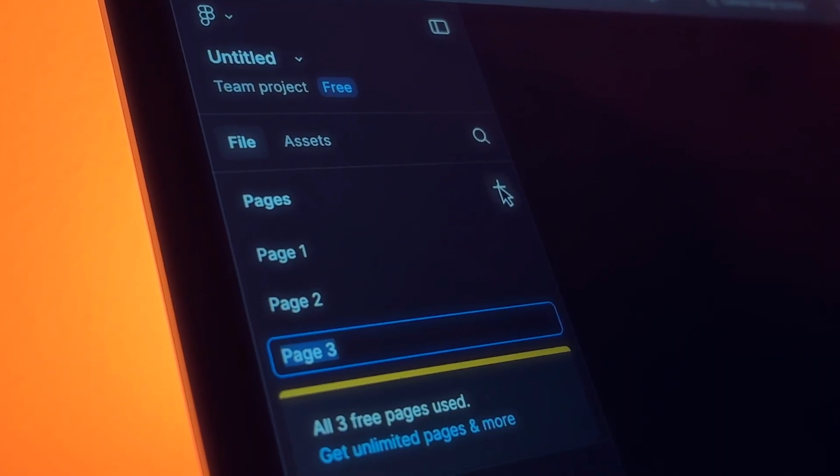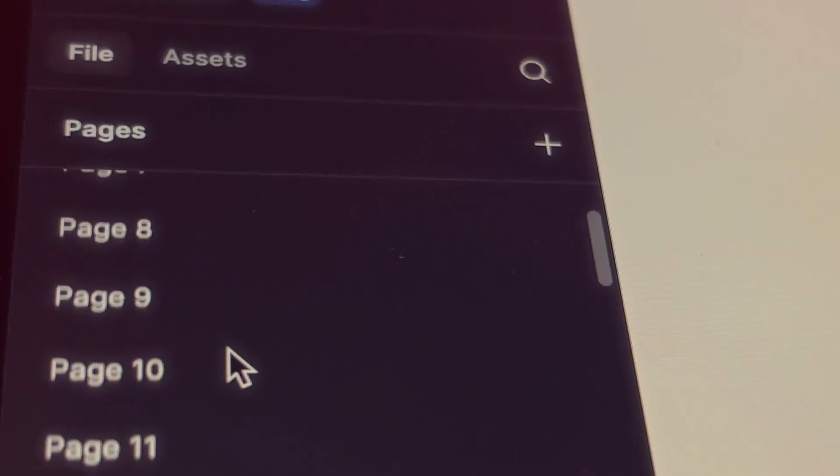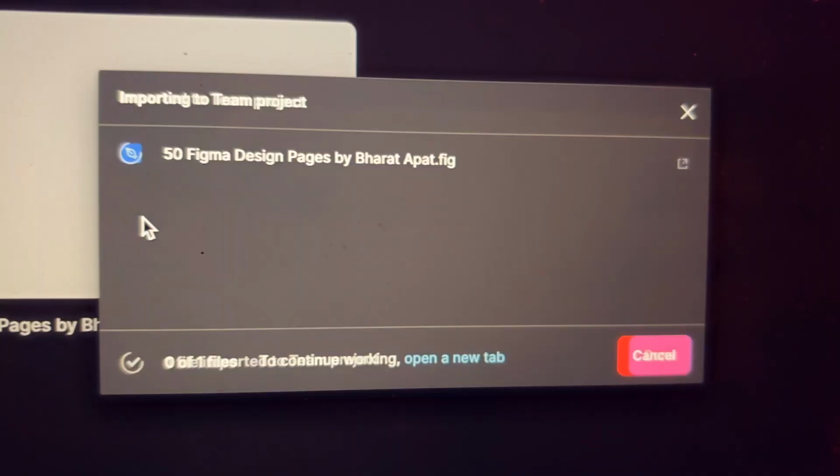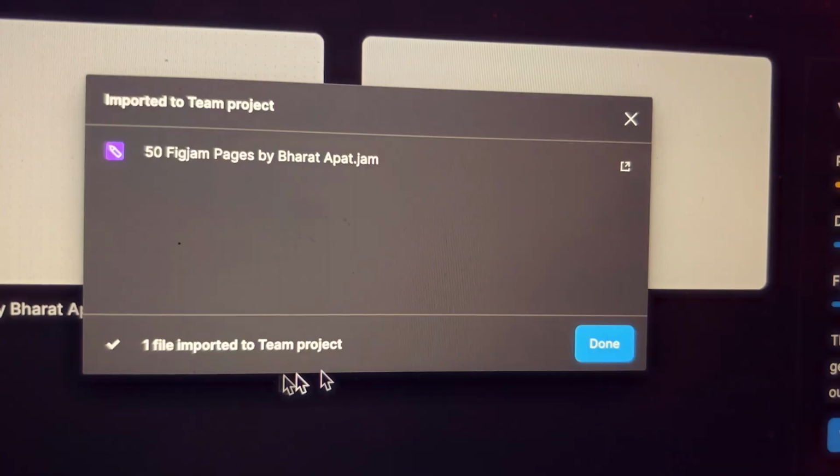If you are on Figma's free plan, then you can have only 3 pages per file. But I'm also on a free plan, but here I have 50 pages in this file. How did I get it? Well, I just drag and drop this file into Figma and that's it. And if I want a FigJam file with 50 pages, then I just drag and drop this file into Figma